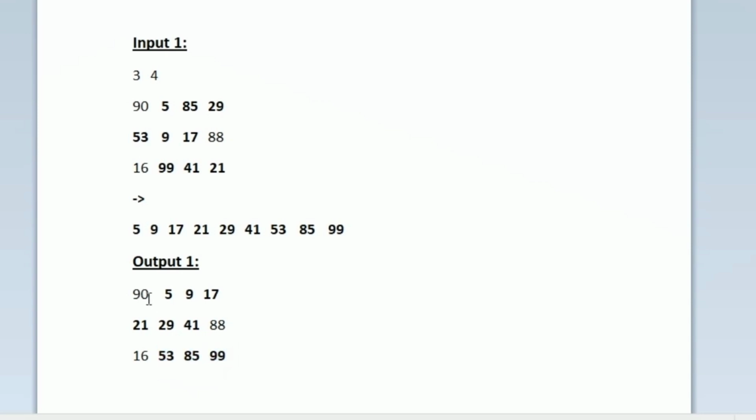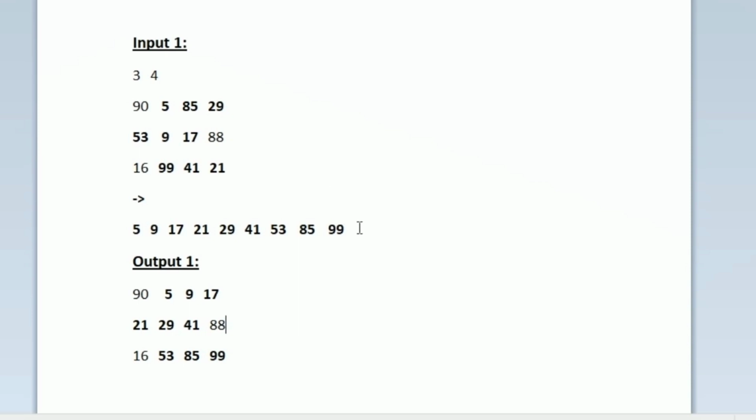So in these positions of odd integers, now we are filling the values of sorted odd integers. So in the first odd integer position, we will be filling it with the smallest odd integer. So the smallest odd integer is 5. So in the first position, we are having 5. And then next smallest is 9 and then 17. So like this, in all the odd integer positions, we will be filling the sorted odd integers. So after filling the matrix, this is how the updated matrix will be looking like. So this is our task.